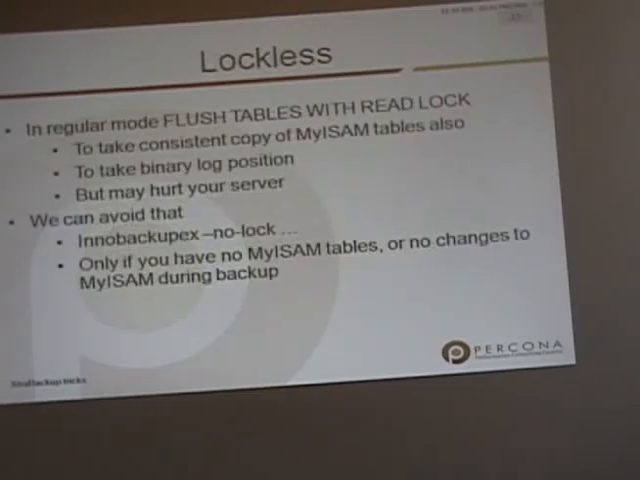That stuff. And about locking: by default, Xtrabackup and InnoDB hot backup also copy MyISAM tables. To copy MyISAM tables, you need to execute FLUSH TABLES WITH READ LOCK, and it might cause some problems. If my MyISAM table is too big, it might lock your server in a read state